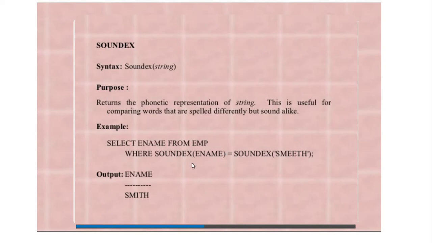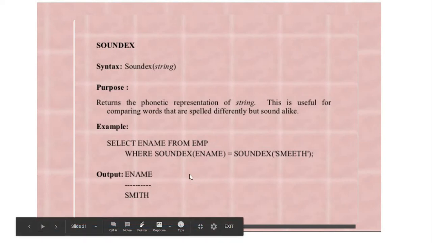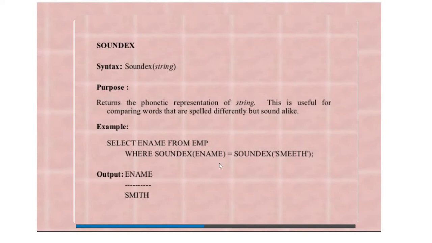For example, suppose this is a table, employee, and there is some name, that is Smith, present in this table, and we know that when we have this type of representation, or when Smith is written like this, it is also going to be pronounced in the same way.